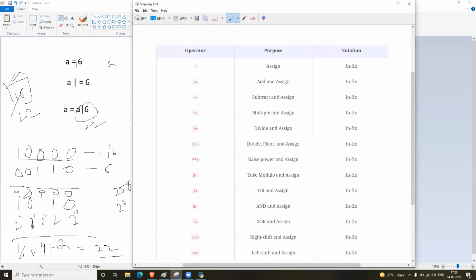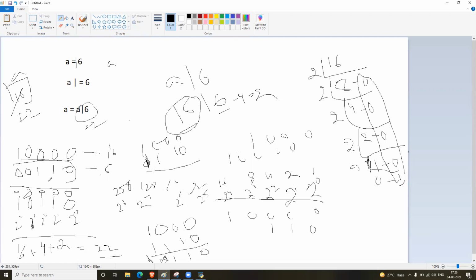That is the XOR operation. In the bitwise right shift operator, what happens is, in the value, let's say I have it like this. When I do right shift, the values will be shifted to the right side. So this 1 can come here, and this place will be filled with 0. This one will come here, this one will come here. 1 will be shifted.